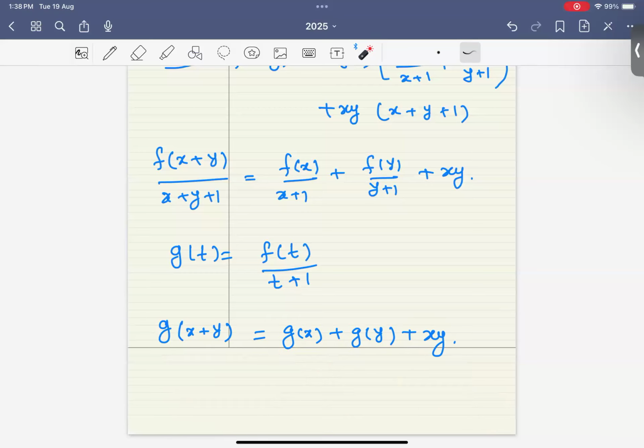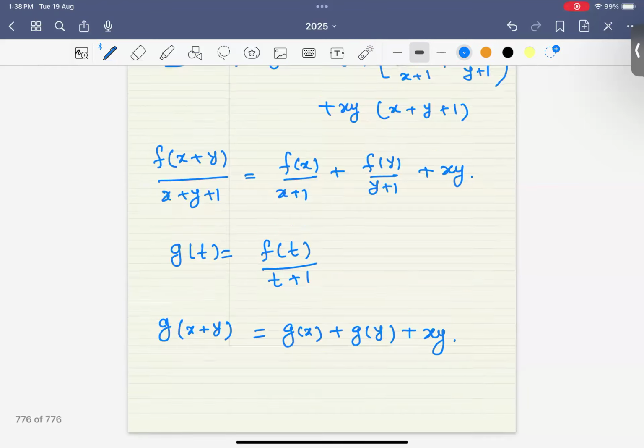Well, that doesn't mean that g of x is x squared by 2, but it does tell you that x squared by 2 is indeed one of the functions which satisfies this equation. And if you want to actually prove that g of x is x squared by 2, then I'm going to